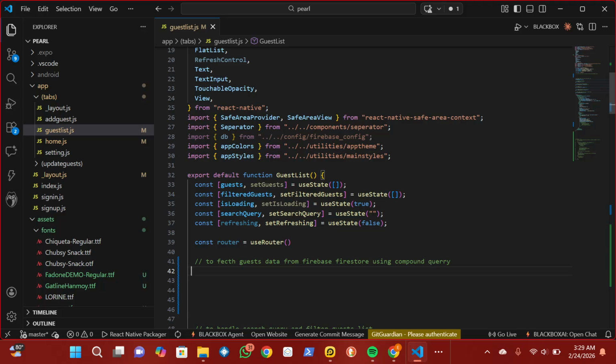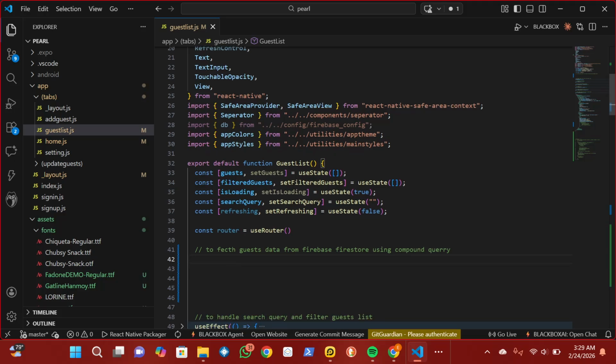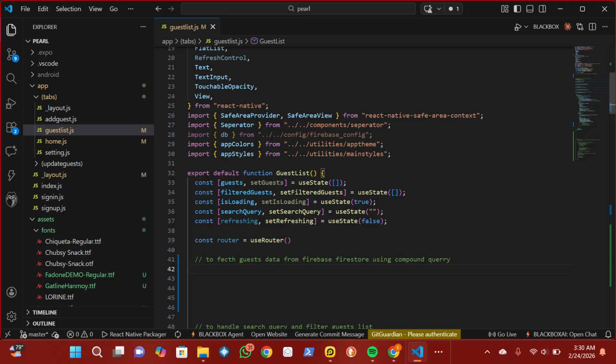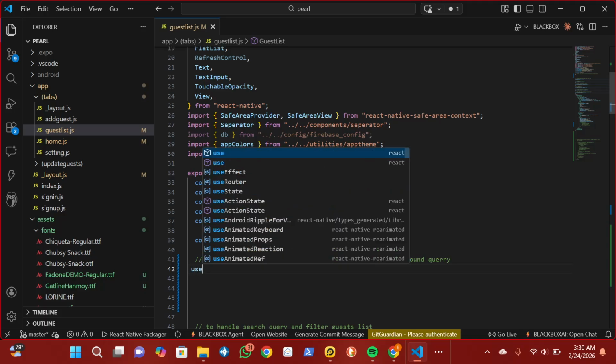Also we need to import useEffect and useState so that we'll be able to manage the state of the data when it changes. And the useEffect, we are going to use it to fetch the data, because we need to fetch the data after the component mounts. So that's the use of the useEffect. After importing all these things, I'll call on a useEffect here,